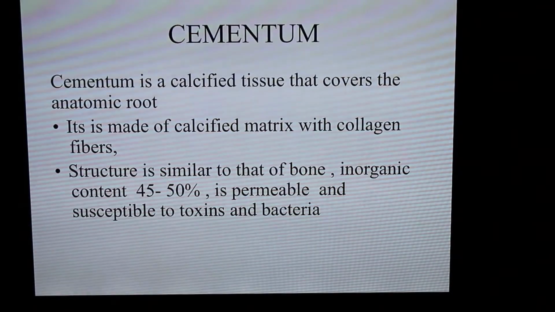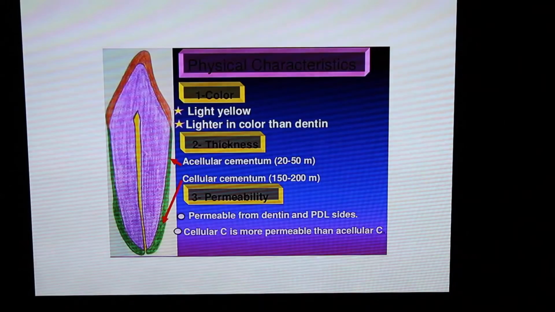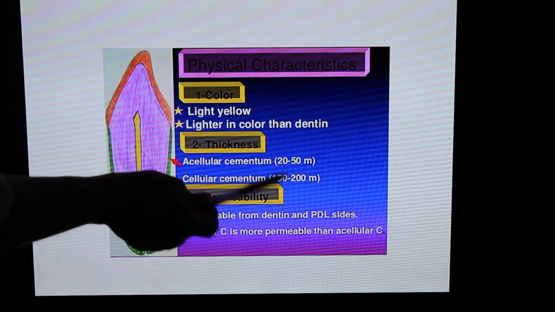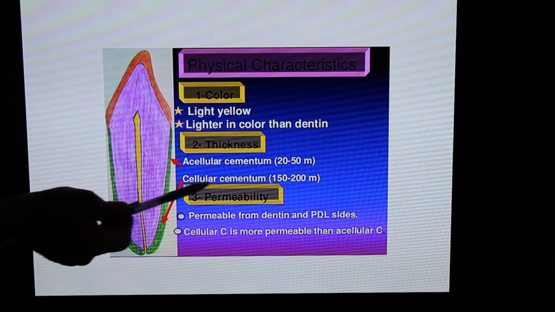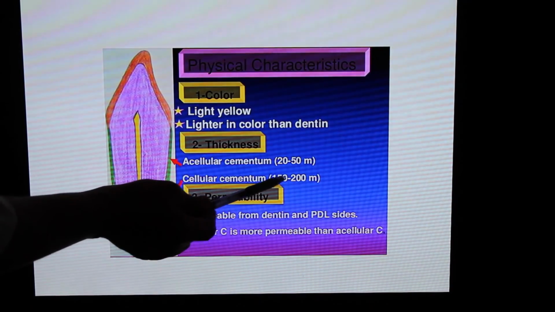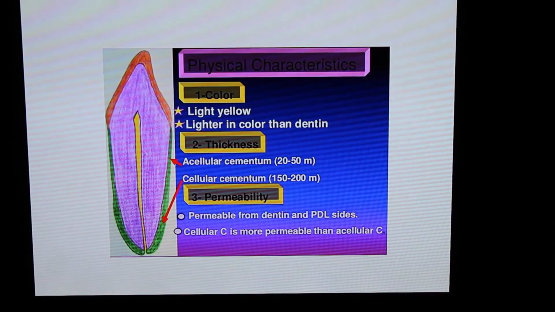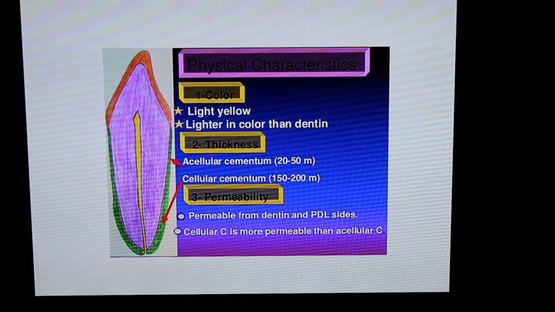The inorganic content of cementum is 45 to 50%. It is permeable and susceptible to toxins and bacteria. These are the physical characteristics: it is light yellow in color, even lighter than dentine. Thickness: acellular cementum, at the coronal part, is 25 to 50 micron. Cellular cementum is 150 to 200 micron. Permeability: it is permeable from both